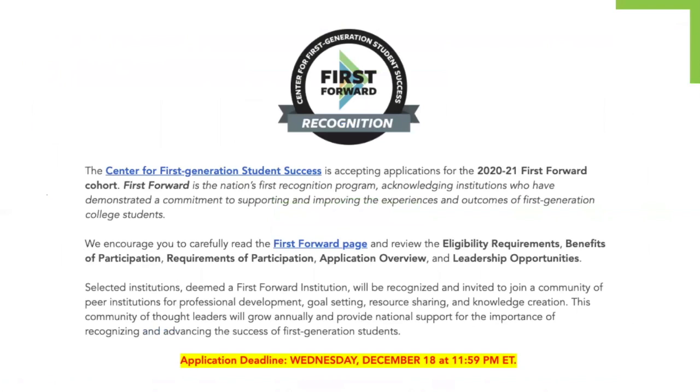So this is a screenshot of what the initial page of the application looks like in Qualtrics. And it asks you to input the eligibility information specific to your NASPA institutional membership, the professional membership of the primary contact. Again, it asks for a lot of information for you to input, but we encourage you to work collaboratively with your colleagues. We also encourage you to utilize a Word document or maybe a Google document to input